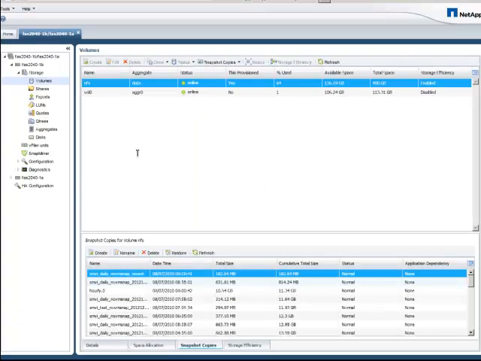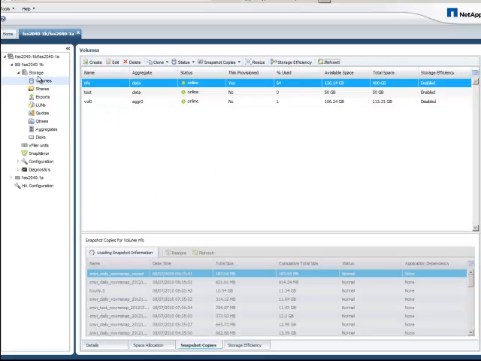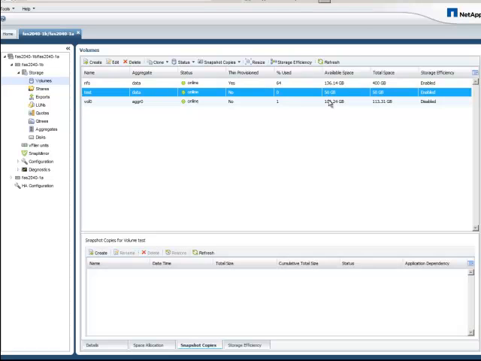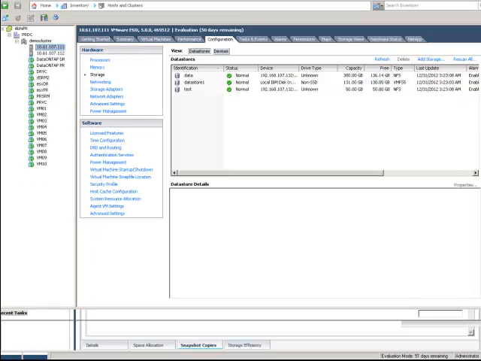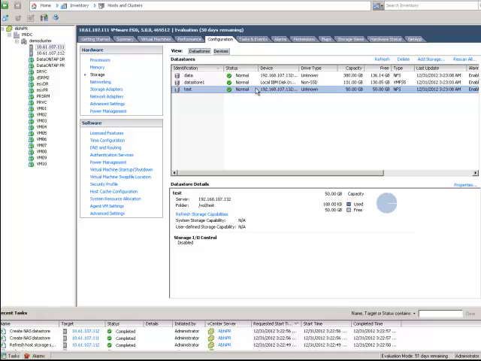In the meantime, I would also like to show you from the storage perspective. If you look at it, this is the storage controller on which the volume will be created. So you can see a volume has been created, and which is of 50 gig, and this particular volume will be mounted to an ESX host. So here you can see it is mounted through NFS, and it is mounted to both the ESX